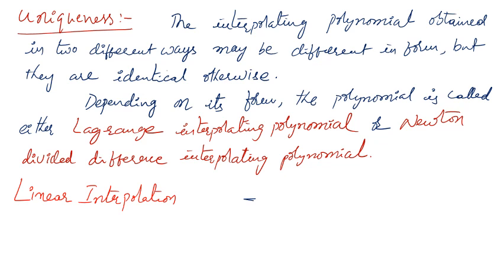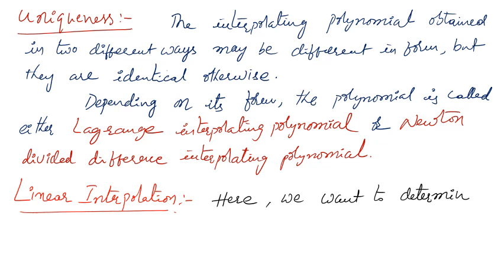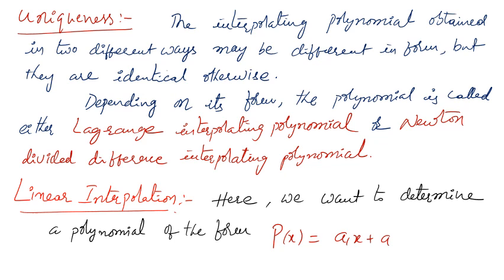Do you know what is meant by linear interpolation? It means getting an approximate polynomial. Linear interpolation means a first degree polynomial. So here we want to determine a polynomial of the form P of x, that is the approximating interpolating polynomial, equal to a1x plus a0, equation 1,